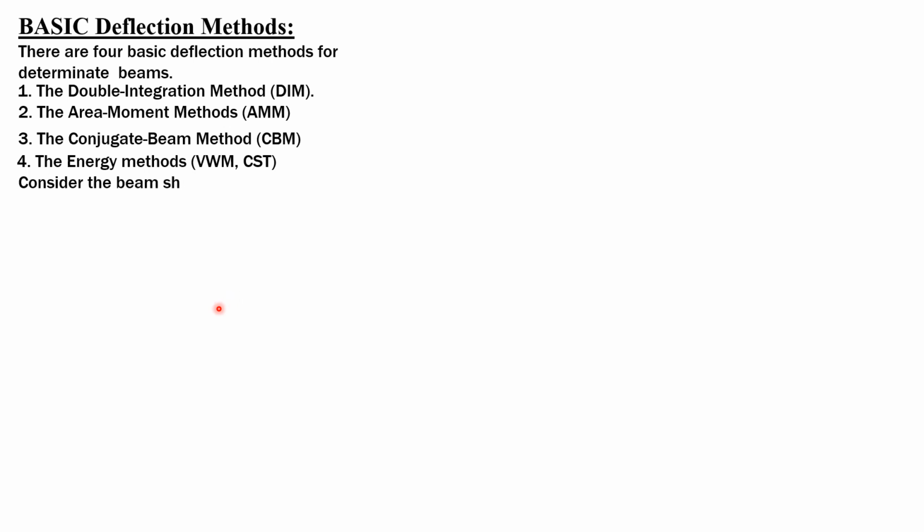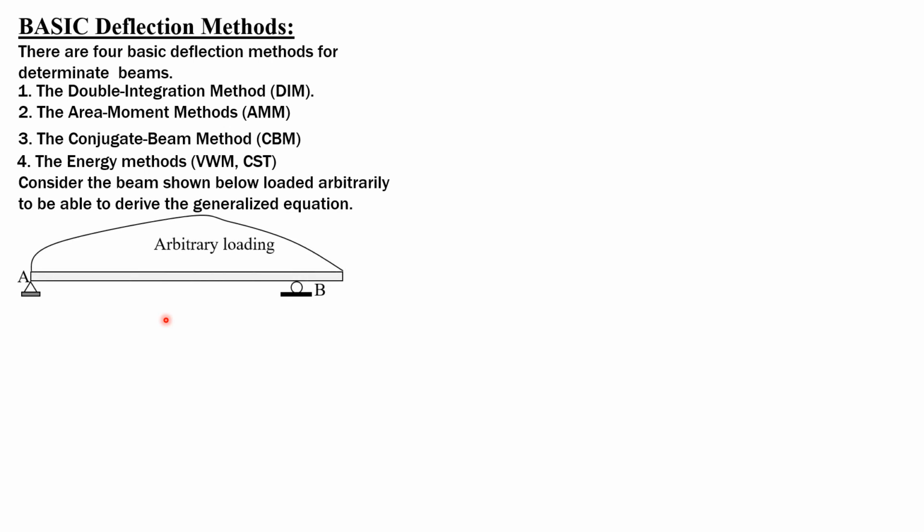So let's consider a beam that is loaded with an arbitrary loading to generalize the derivation of the double integration equation. With this loading, it will deflect and the elastic curve will be this one, and this is highly exaggerated because in the actual beam you cannot see that it will bend that way. It will appear to our naked eyes as straight, but this is for the purpose of derivation. So let's consider two points on the elastic curve, C and D, and